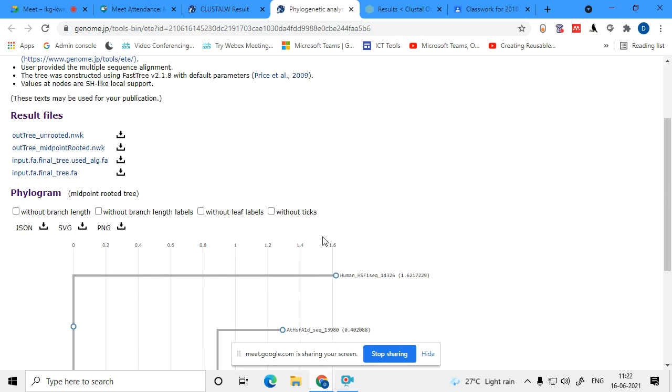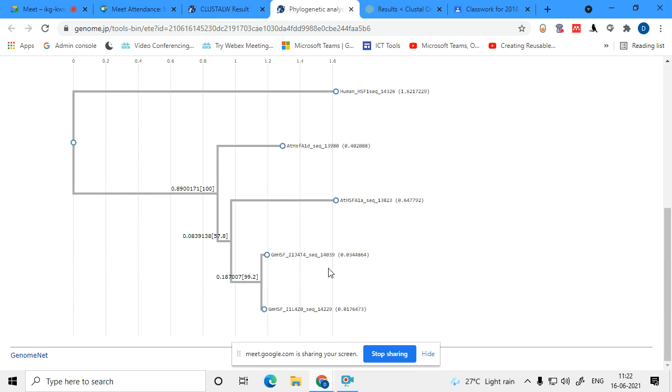Here it has come. Look at the tree. Glycine together, Arabidopsis together, and human is much farther away. So this is the branch point. Here you see the soybean, same species, they are all together. This species is a bit different. A1A, see, it's a different branch, Arabidopsis.